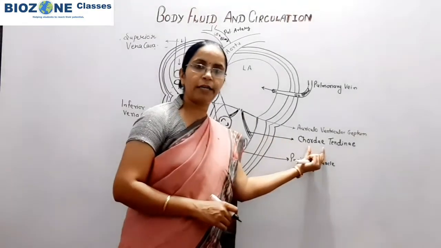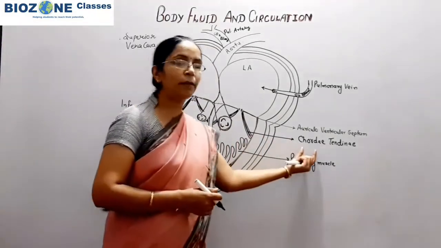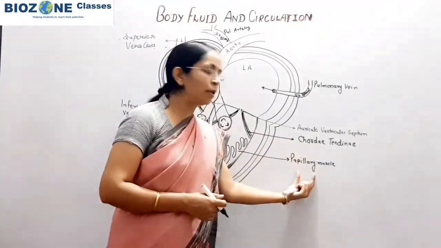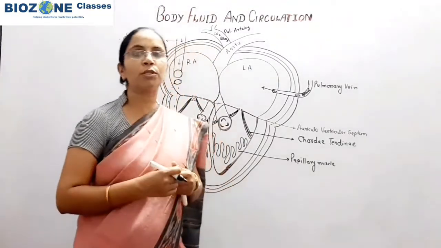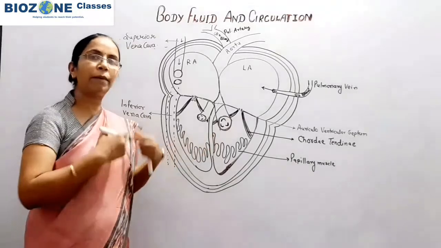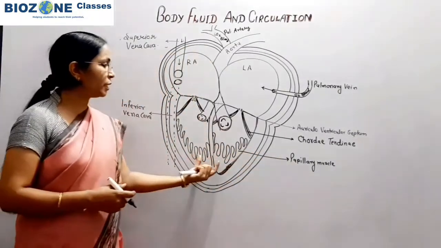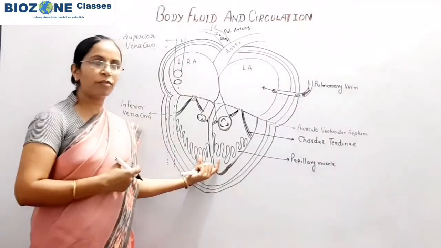The position of chordae tendineae is asked generally. So you remember the chordae tendineae are mainly present in the ventricles. Papillary muscles are responsible to raise the pressure of the ventricles which develops at the pumping of blood, and papillary muscles, you remember, are also present inside the inner wall of the ventricle.